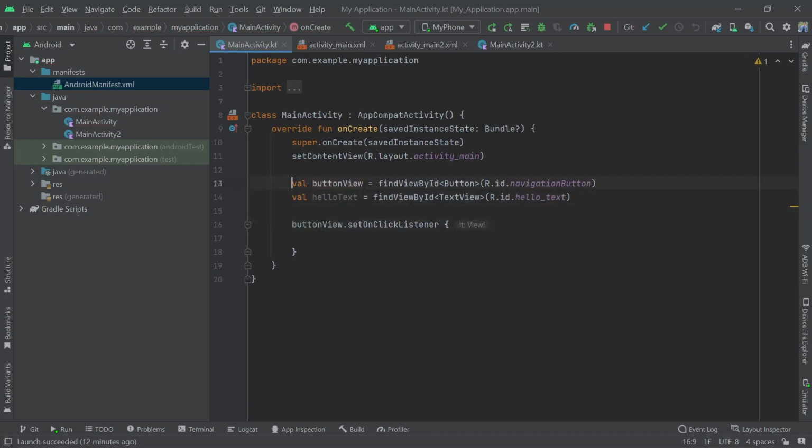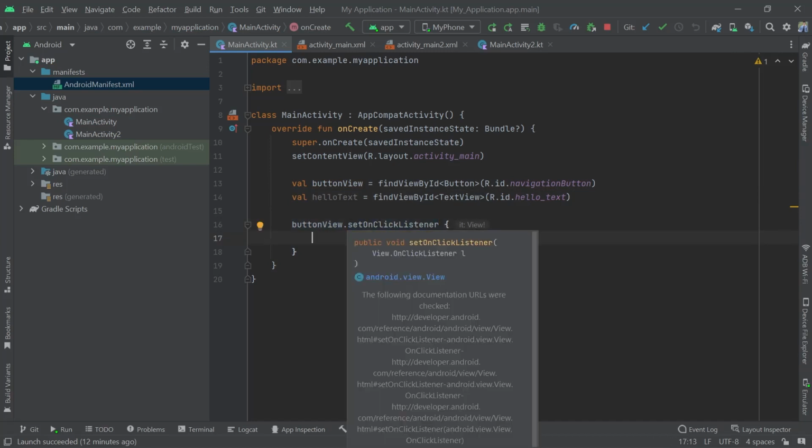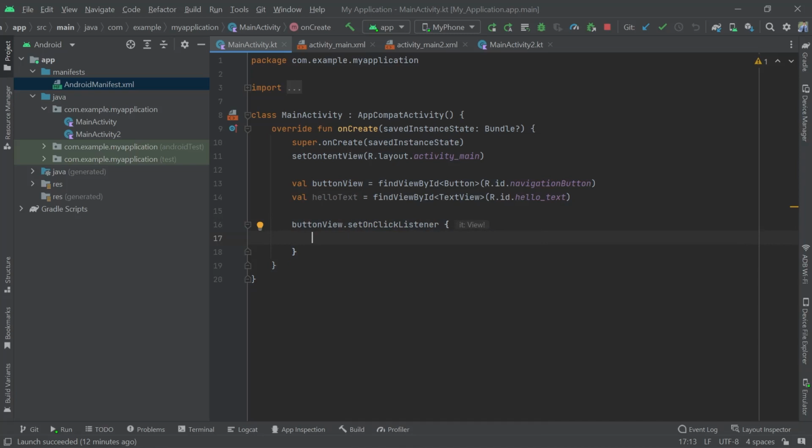So from these two values I am accessing the views in my layout. After this, using this button, I am setting an on click listener. So when I am clicking on the button, what will happen? What should happen? I can just change my text. When I am pressing this button, inside this block,